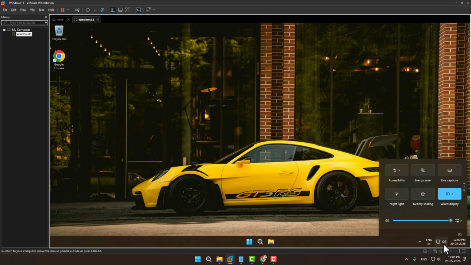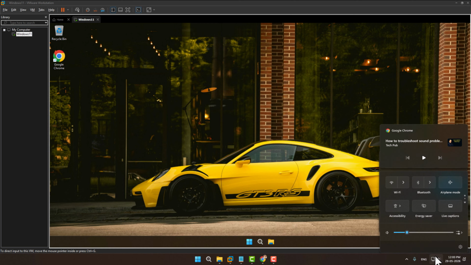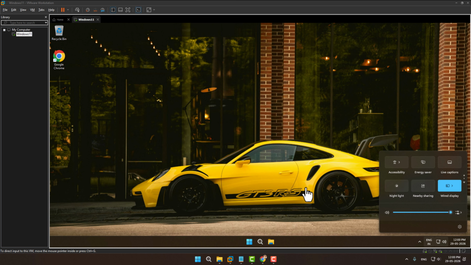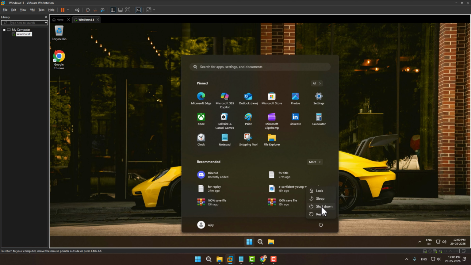I had a problem when I increased the volume in VMware. It doesn't work. No sounds are coming from the VMware, but on my real PC, I have no sound issues. To fix this problem, you need to shut down the VMware,